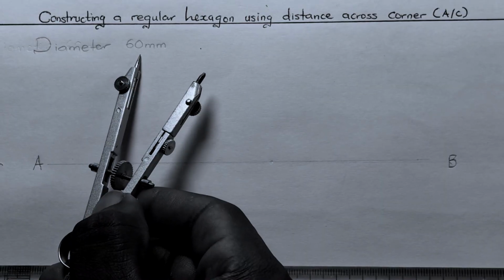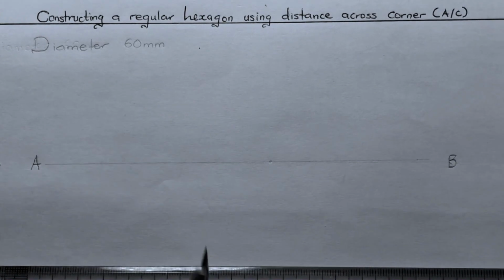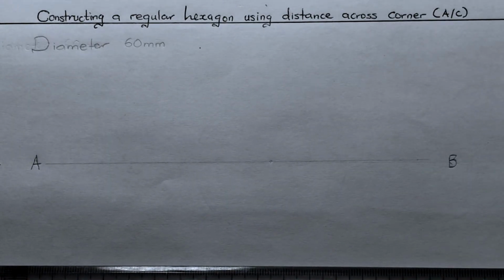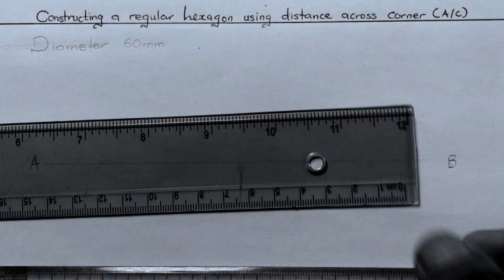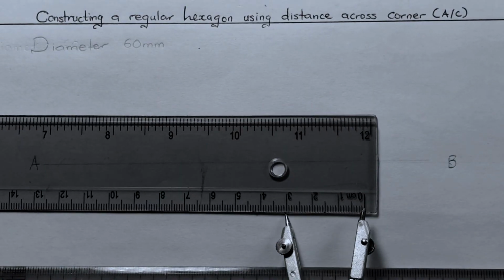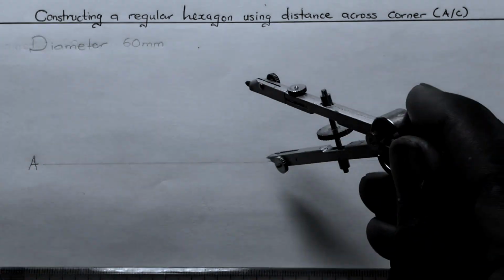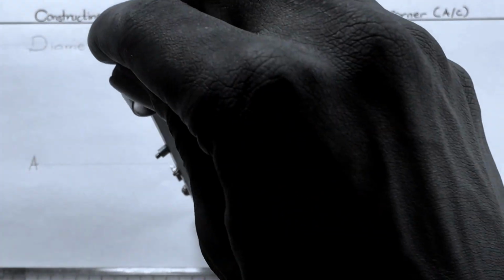So we're going to have a radius of 30 millimeters, which is half of 60 millimeters. So using our ruler, we measure a radius of 30 millimeters, which is half of the diameter. Then we draw a circle